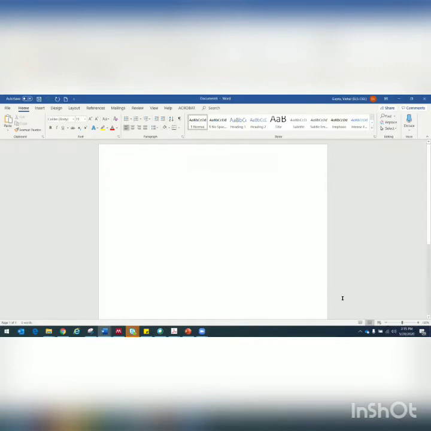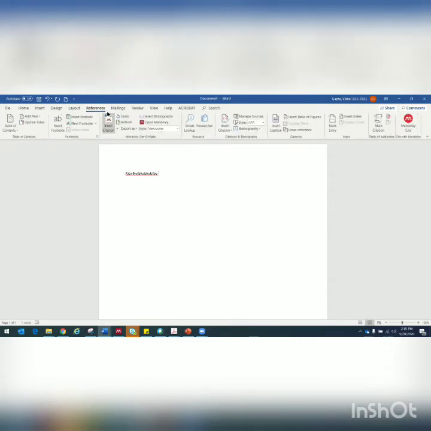So you just start writing your thesis or article or anything that you are writing. And now you need to insert a citation right here where my cursor is. How am I going to do it? I will go to References, this section here, and click on Insert Citation. So you see this Mendeley Cite-O-Matic. This is the Microsoft Word plugin which we installed under Tools, right? So now I want to insert a citation, so I click on Insert Citation.